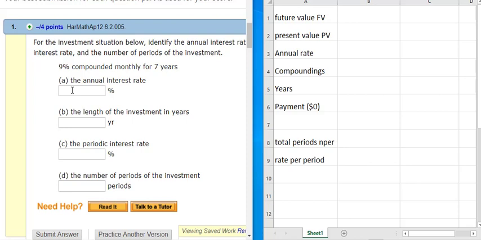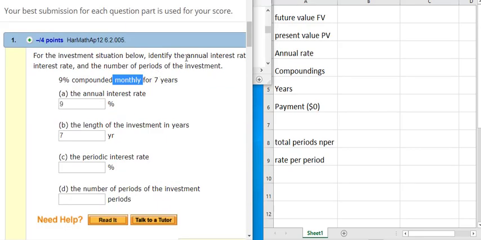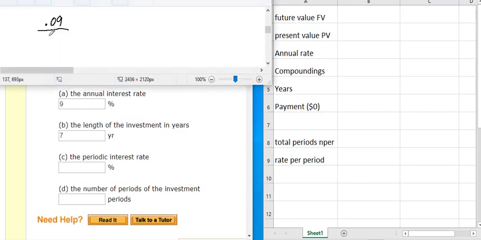Okay, the first problem just wants me to identify some variables. So I'm taking 9% is going to compound monthly for 7 years. So for the annual interest rate, as a percent, that would be 9%. Length of the investment in years is 7. The periodic interest rate, so that's the interest per period. I will need to take the annual rate of 9% and divide it by the number of periods, and that was monthly compounding. So divide by 12 will give me